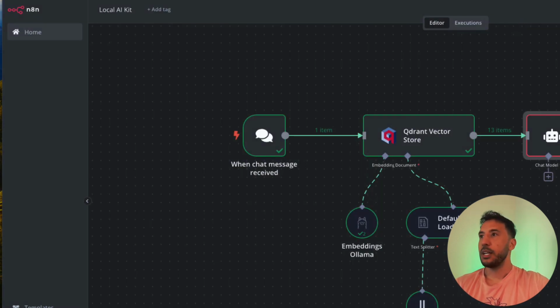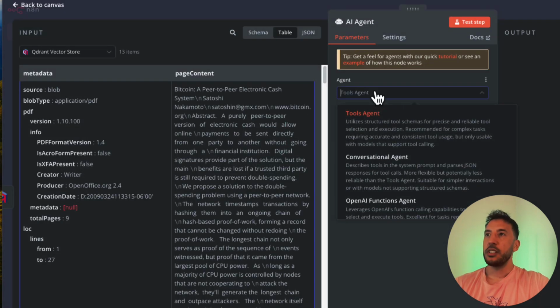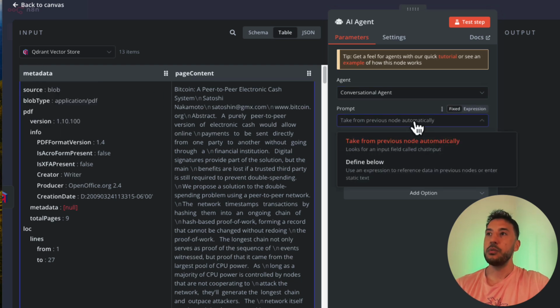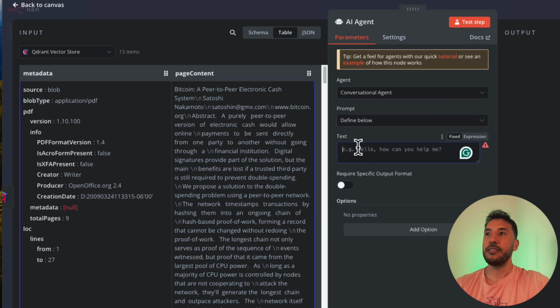Okay, let's add that first. So for the agent, it's not going to be a tools agent this time. It's going to be a conversational agent, so I'm going to click on conversational agent. For the prompt, you're not going to say take from previous node automatically, because the previous node is a Qdrant Vector Store. What we need to do is say define below, and define the text.